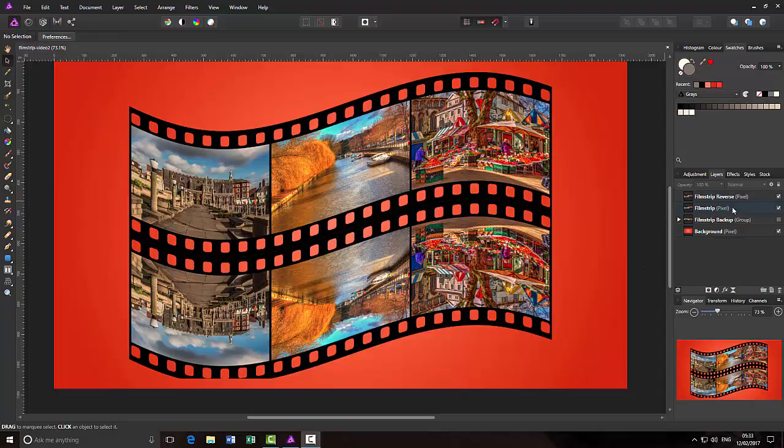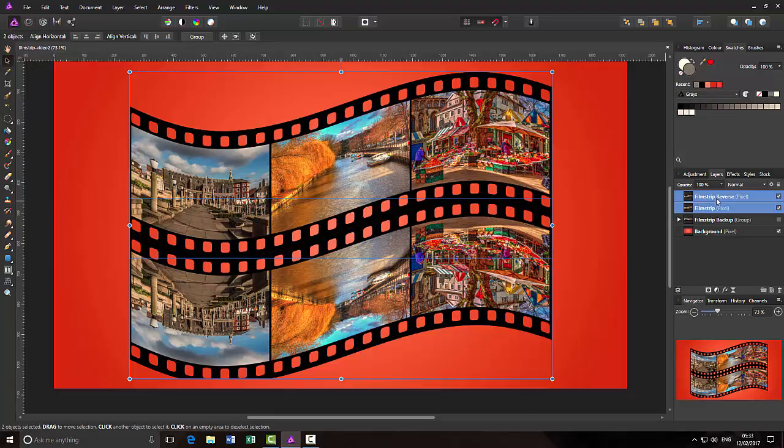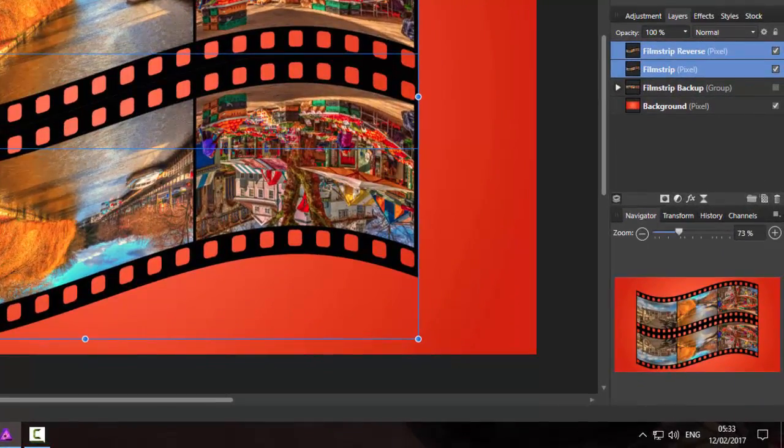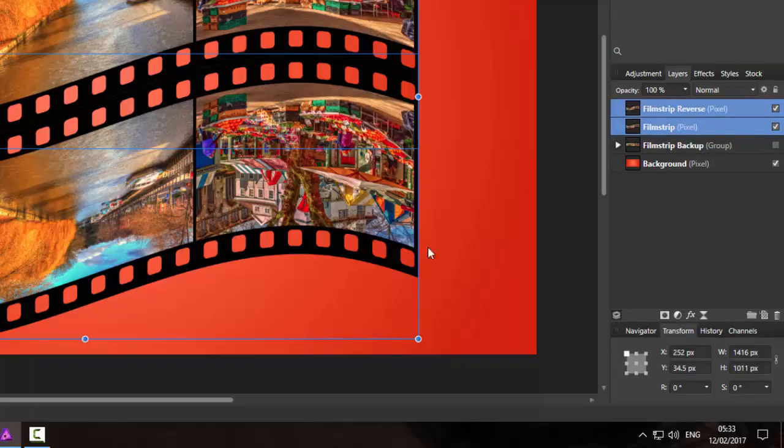Now I'm going to repeat what I did before I saved a little bit by clicking on the film strip layer, holding down Control and clicking on film strip reverse, and like I did before, I'm going to move this a bit, and I'm going to reduce the size a bit, and to do this I'm going to use the transform. You can make it whatever size you want, but again, repeating what is in the original